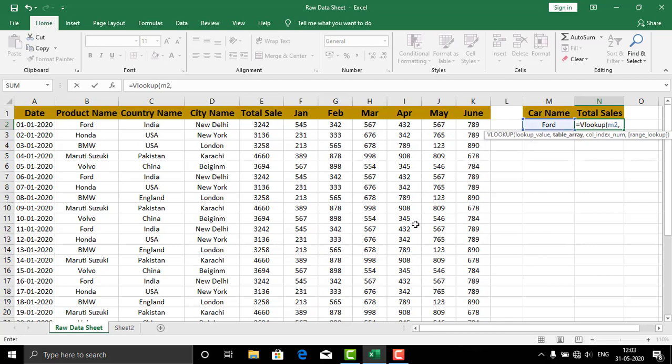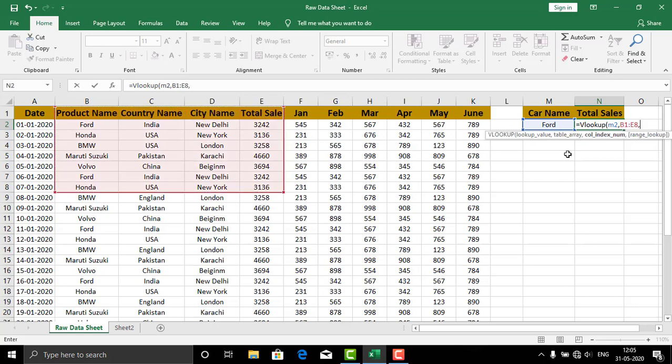it's the column index number. Now this is the most important part. The index number is simply the way Excel asks you from which column it should give you the result. The result is located in this column, which is called total sales, and its number should be what? It's 1, 2, 3, 4 and 5. But that's not the case because our range is starting from product, so the column number would be counted from here. Okay, 1, 2, 3 and 4.